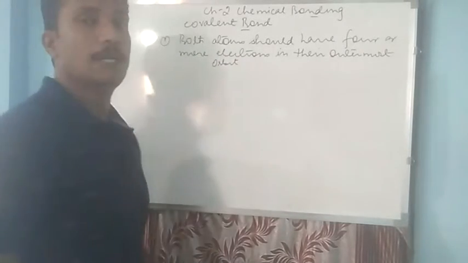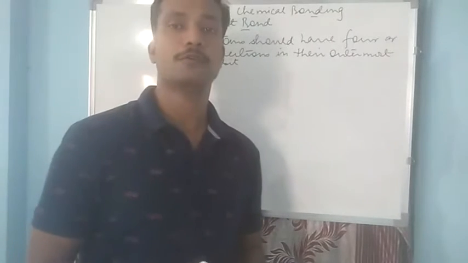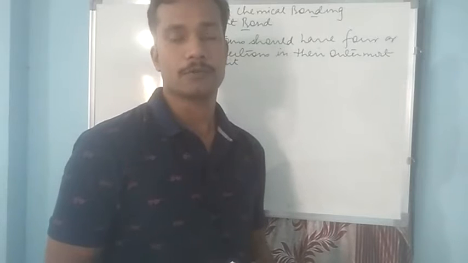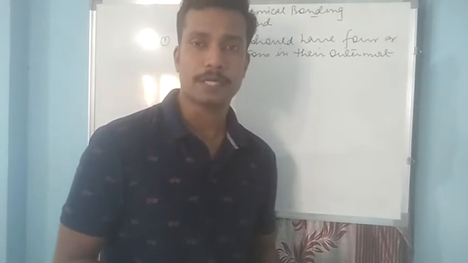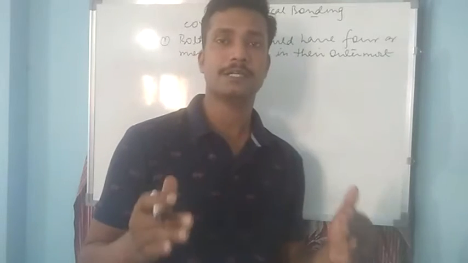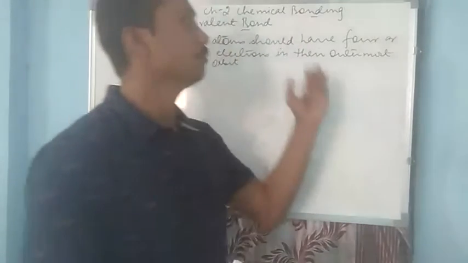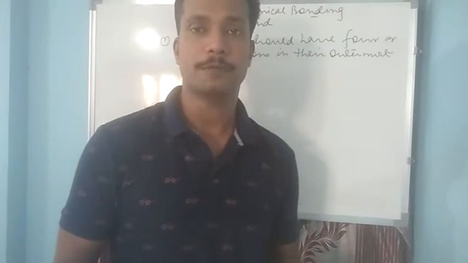Because any atom with less than 4 electrons, that is 3, 2 or 1, will be considered to be a metal and will be capable of losing the electrons. So here it is not the bond that will be formed by transferring of electrons. Instead, it is being formed by sharing of the electrons. So it's necessary to have 4 or more than 4 electrons in their outermost orbit.